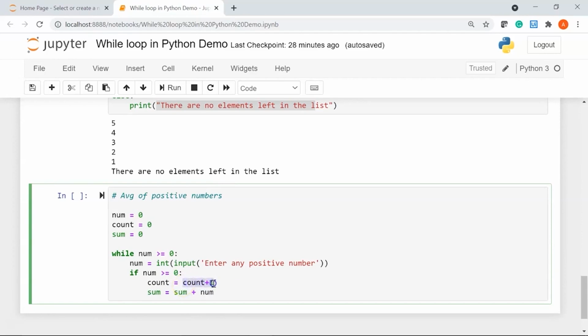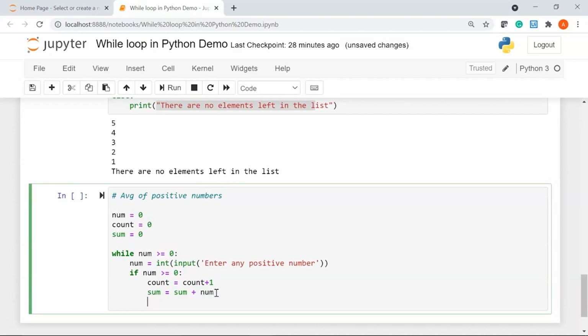So here I am keeping track of the numbers that we have entered, and here we are calculating this sum, that is the cumulative sum. Then I'll say avg, which is to find the average. I'll say sum divided by my variable, that is count.